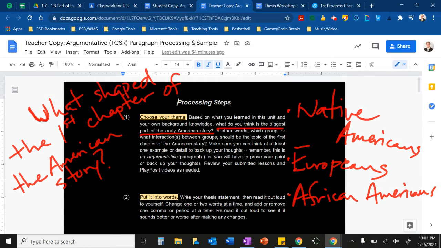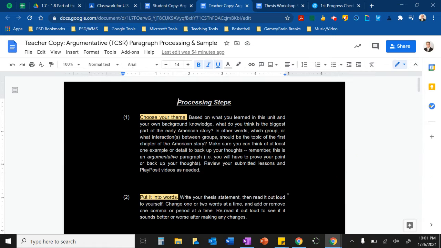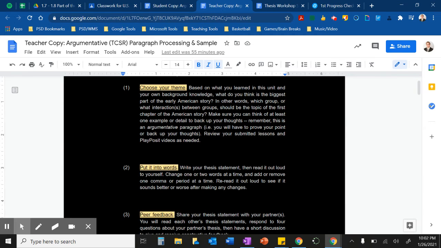So step 1 is choosing your theme, choosing a group or interactions between groups to focus on. I'll give you an example, which I'll show you in more detail here in a second. My choice for this paragraph, which you can use, you don't have to use, but you can choose something else. My topic that I thought about and then ran with was some of the cultural characteristics of European colonists,